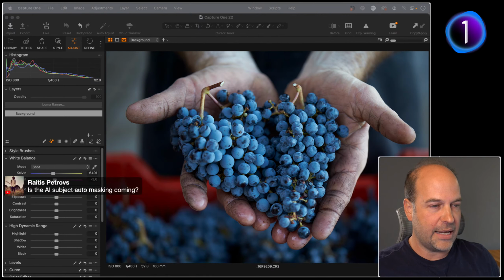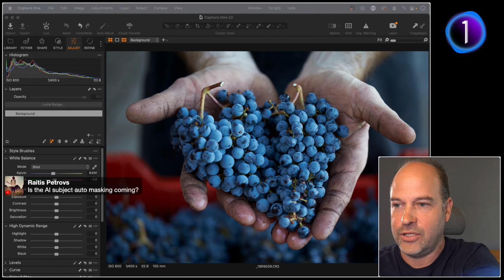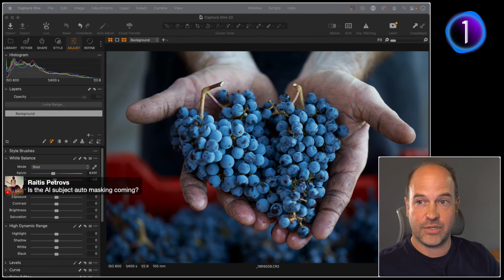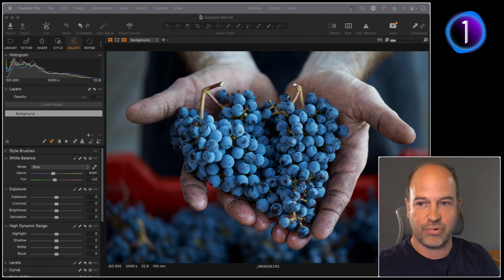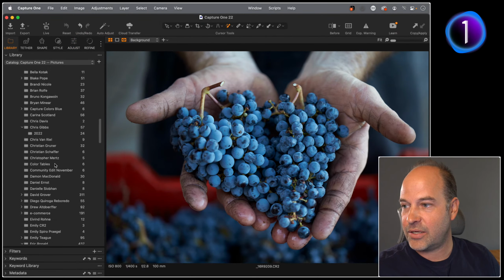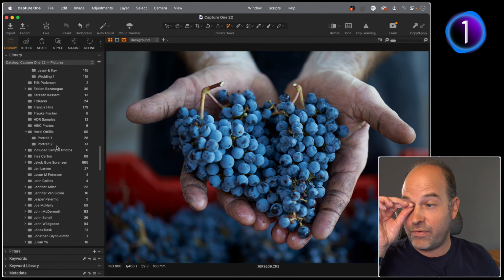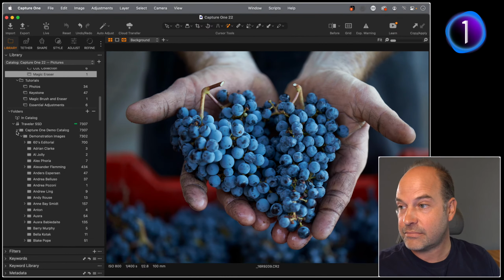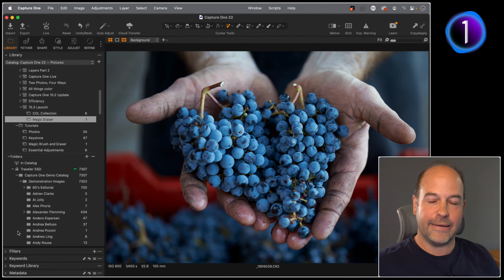Is there AI subject auto masking coming? In terms of AI, that's always a hot topic. I personally would like to see useful AI coming, something that gives the photographer back more time. In terms of AI masking, don't forget the Magic Brush gives you lots of options to mask pretty quickly. I'd say the only disadvantage of AI masking is that unfortunately you don't get much